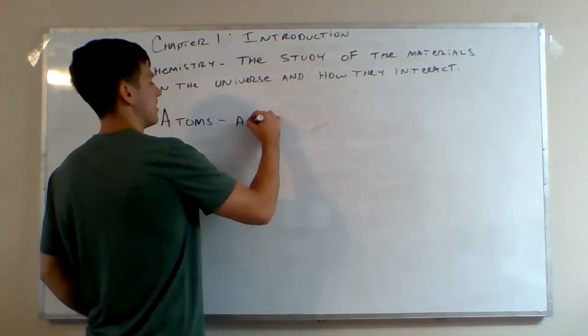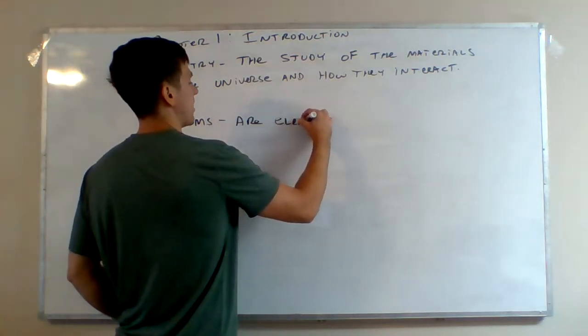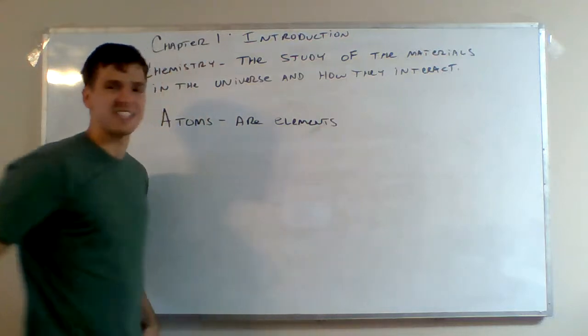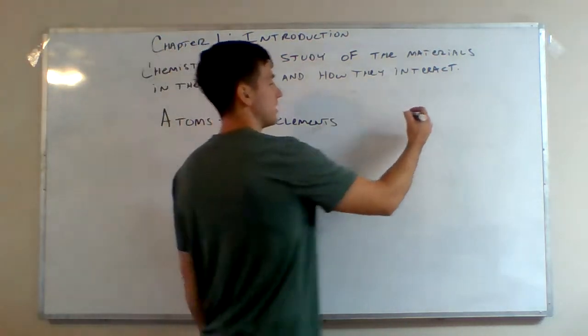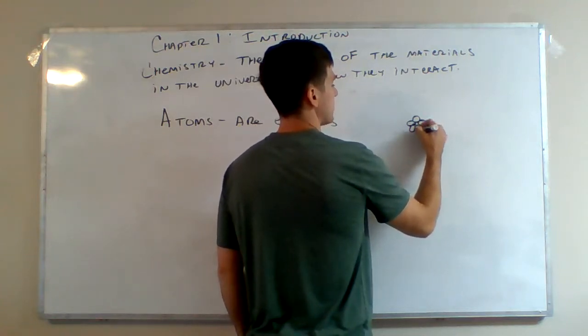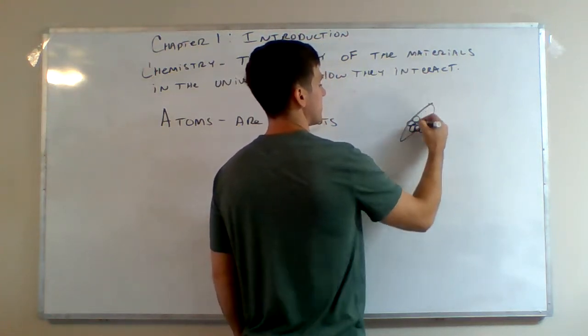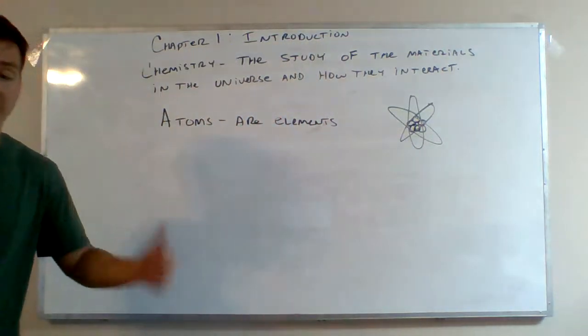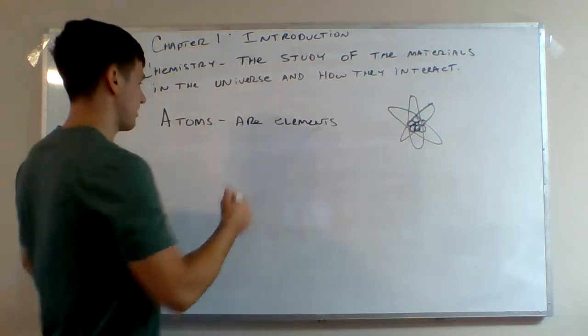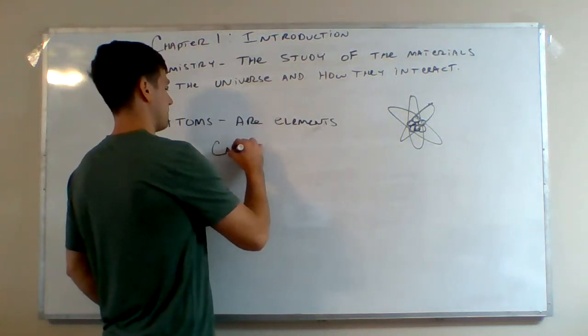Let's talk about those basic building blocks, which are atoms, right? Or we're just saying they are elements. It's that basic kind of Jimmy Neutron figure that you've seen where it's just a bunch of protons and neutrons in the center with these electrons zooming around the outside. Okay, so that's our atom. Examples of an atom are things like a carbon atom,